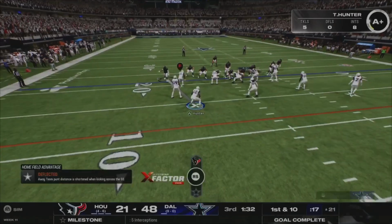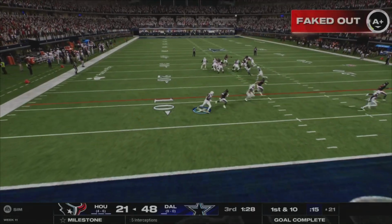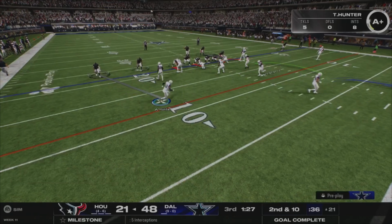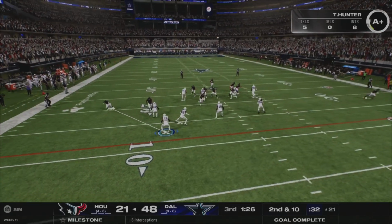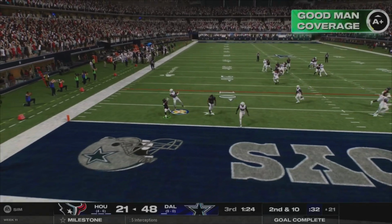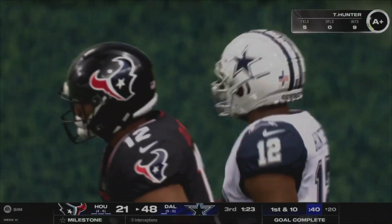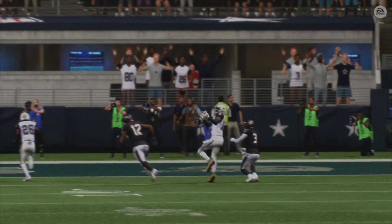The Texans got us here in the red zone. We got this outside receiver all alone. He's going to do a little dump off pass that gets broken up. We get great man coverage. We got cover 1 guarding this outside receiver. 7 yards inside. We let him break off, and we're going to get a pick right in the end zone. We're going to get taken down, tripped up, but that's going to be our 9th interception of this game